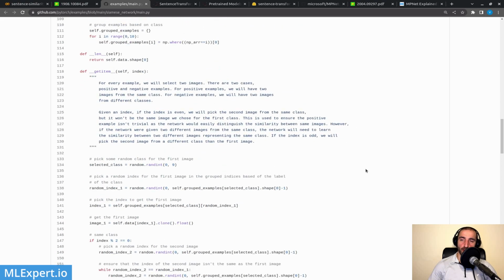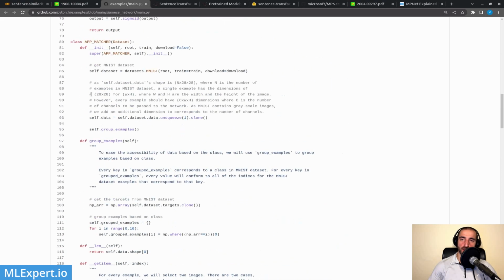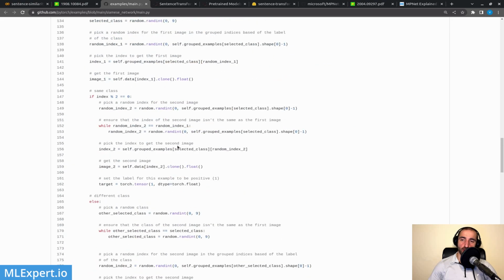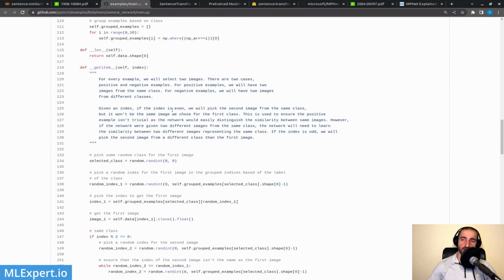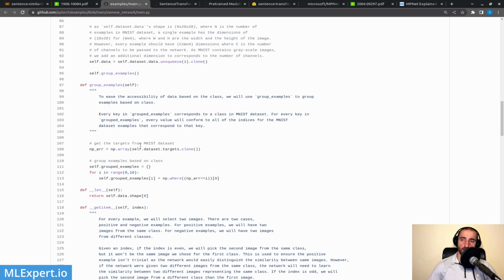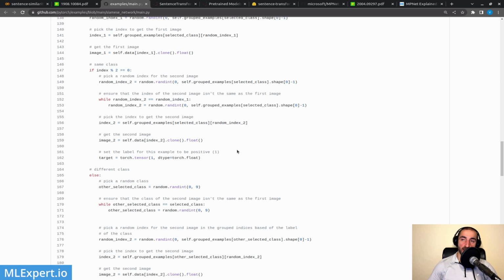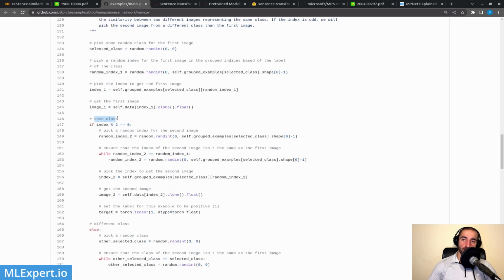And if you go a bit down, you see that they're also creating this dataset, which essentially is doing the following. This is working on the MNIST. So if you're familiar with the MNIST, it's a dataset of handwritten digits. So you have 0 to 9. And essentially what they are doing is picking